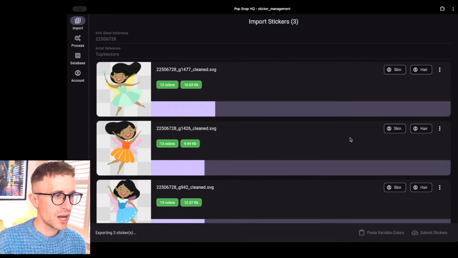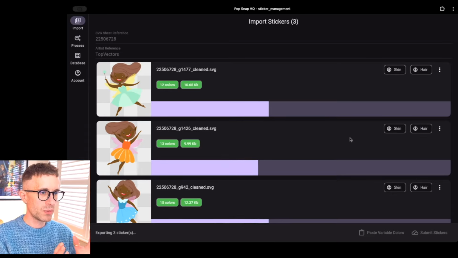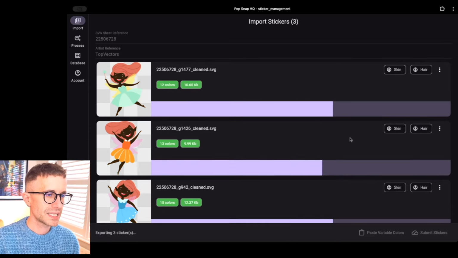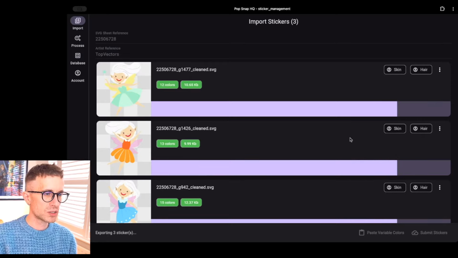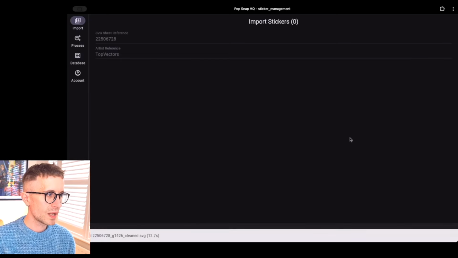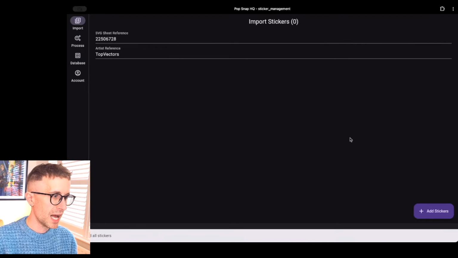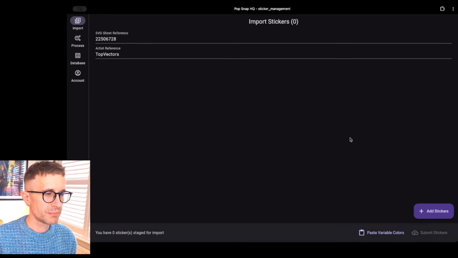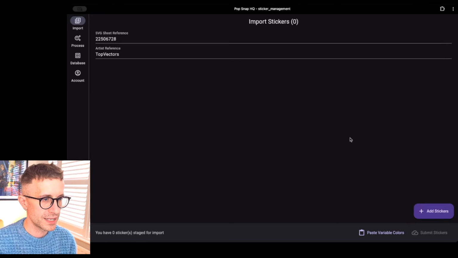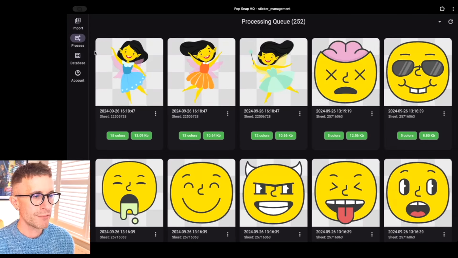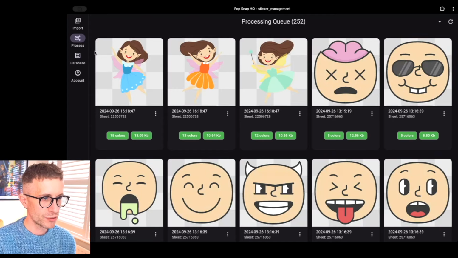Okay, so they're uploading now. From this point, they're moving from the client and going into the server. What's actually happening here is it's generating thumbnails, not for the hair colors, but for the skin tones. Because as well as storing the actual vector file, the app also creates thumbnails, rastered versions of those, which are much quicker in some instances. Some vector files can be like 100K, whereas a little thumbnail WebP file is a couple of K. So it will feel a lot more responsive when you're browsing hundreds of stickers in the